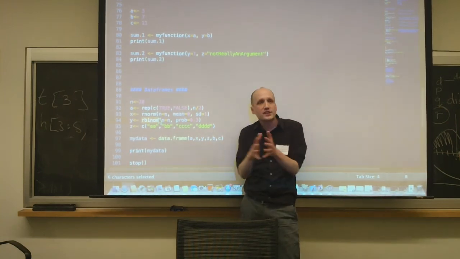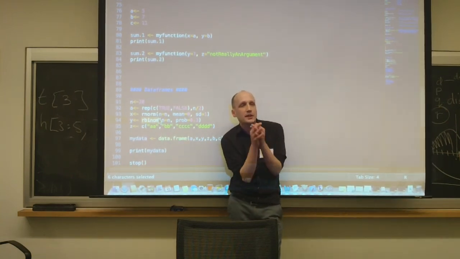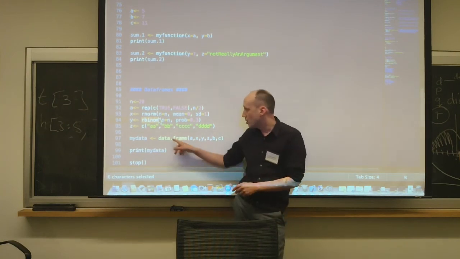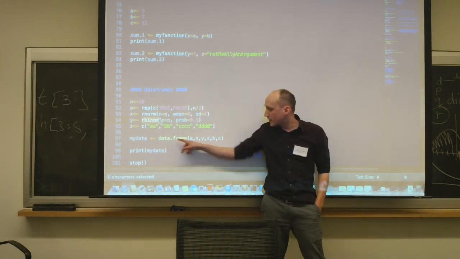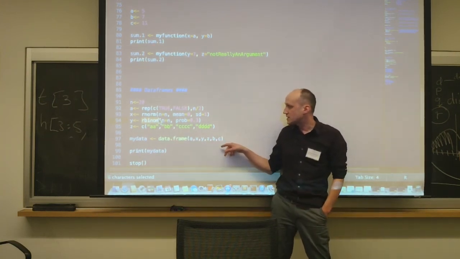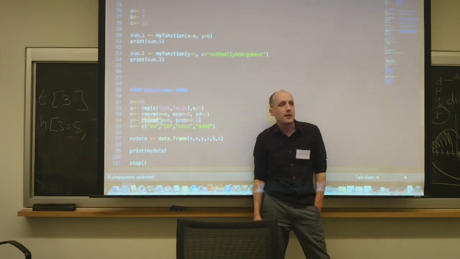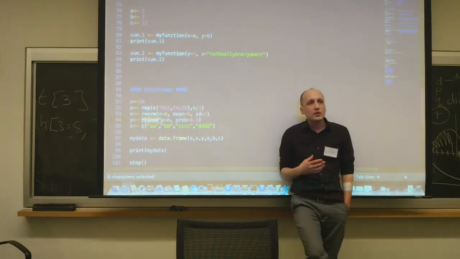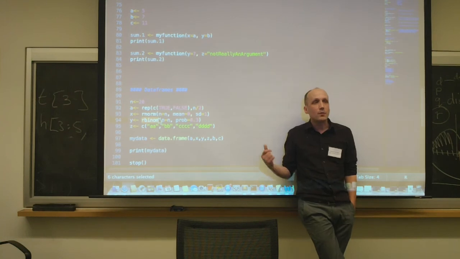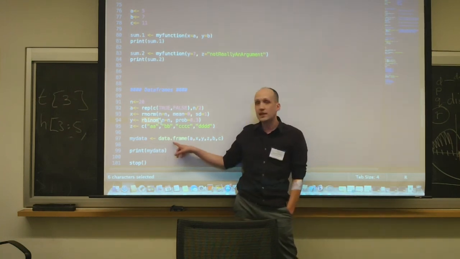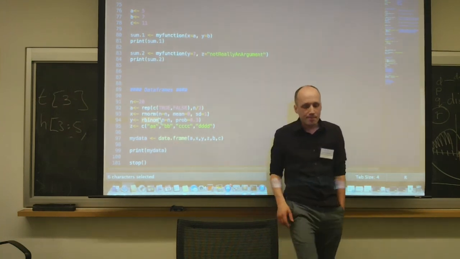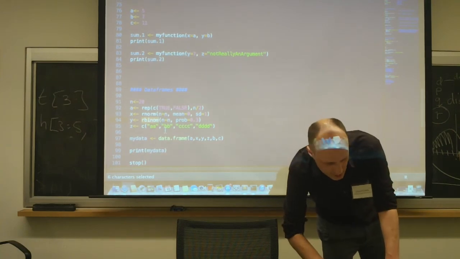And then if I want to put them all together into a thing, I can't put them into a matrix. Matrices only accept numbers. I'm going to put them into a data frame. And so to build a data frame, I just say A, X, Y, Z, B, C are going to go into my data frame. I'm going to build my data frame. If I download a data set and convert it into the R format, almost certainly your conversion utility is going to give you a data frame. Okay. All right. So let's take a look at what that data frame looks like.